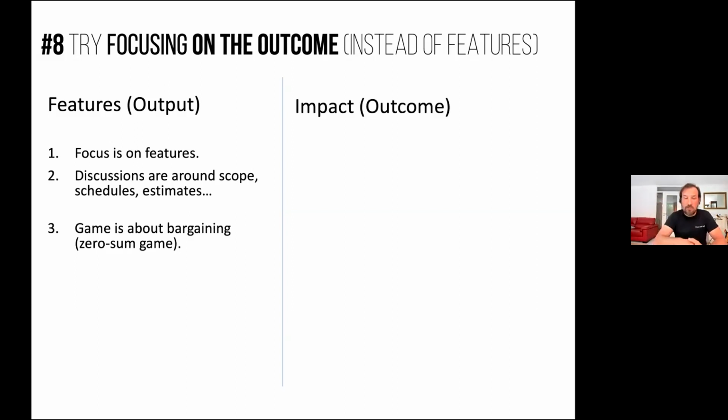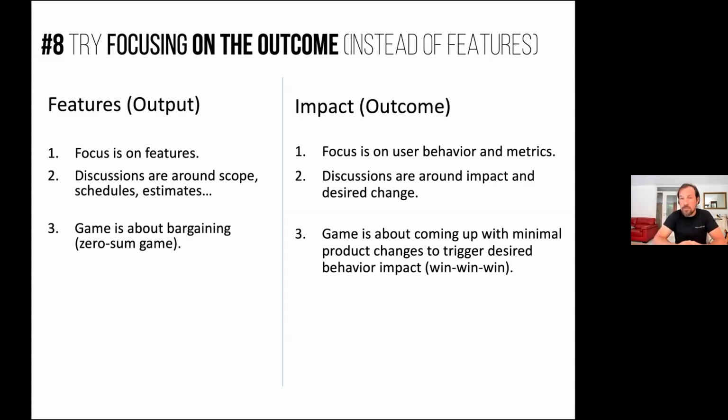Another idea is to focus on impact on the outcome. Again, nothing new here, and you probably heard of impact mapping and all that, but lots of people heard about impact mapping, but they still have feature-driven backlogs. But if you're able to have an outcome-driven backlog, then the focus will be on user behavior and metrics you